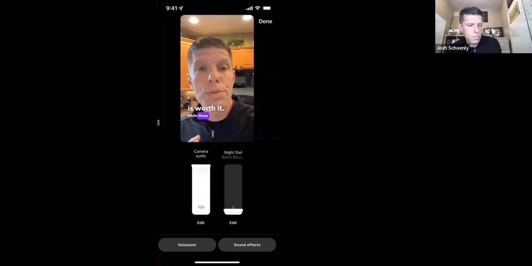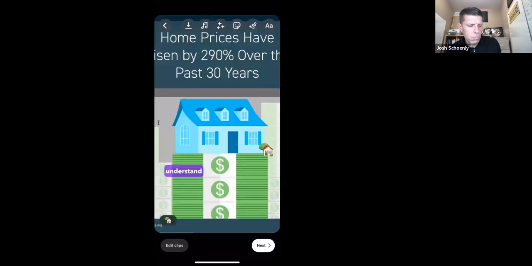Ownership is worth it. While those short-term changes matter, homeowners win in the long run, and I can prove it. We know that home values typically rise with time, and we've certainly seen that over the past few years. But here's what I want you to really understand and focus on. On average,